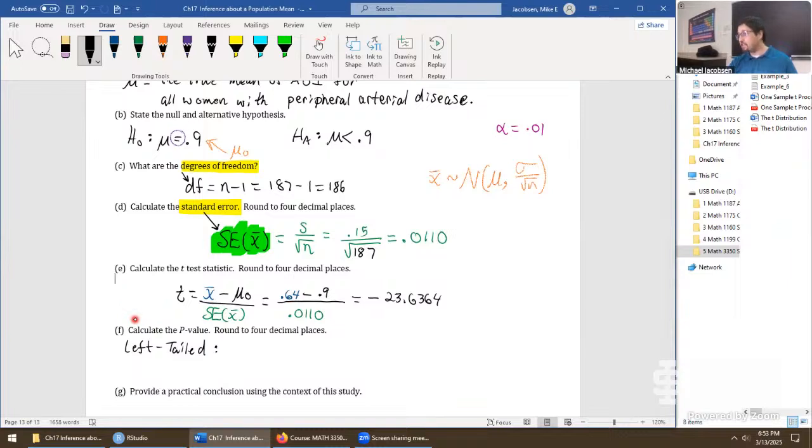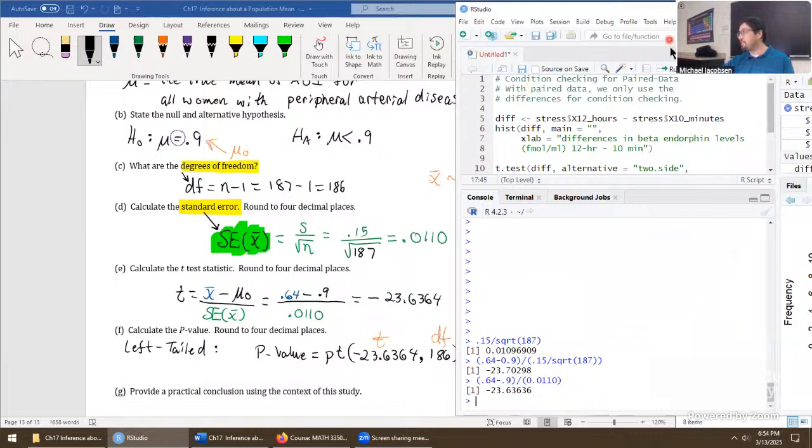But here's what we'll calculate. The p-value is going to be probability, t distribution, and then we take your t-test statistic, negative 23.6364. We pass to it degrees of freedom, which was 186. And because it's a left tail test, our syntax is done. It automatically is going to get the area to the left, so we don't have to say anything about lower dot tail. So just give the t-test statistic, degrees of freedom,